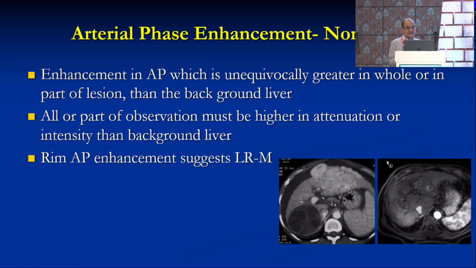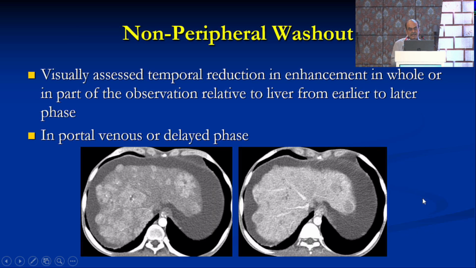Let's look at what these features look like. So arterial phase enhancement, which is non-rim type, is somewhat like this. This is a patient with cirrhosis where you have this exophytic type of lesion which shows you heterogeneous enhancement through the entire lesion and not just in the periphery. On the other hand, this lesion just shows you peripheral rim kind of enhancement, which has a different kind of